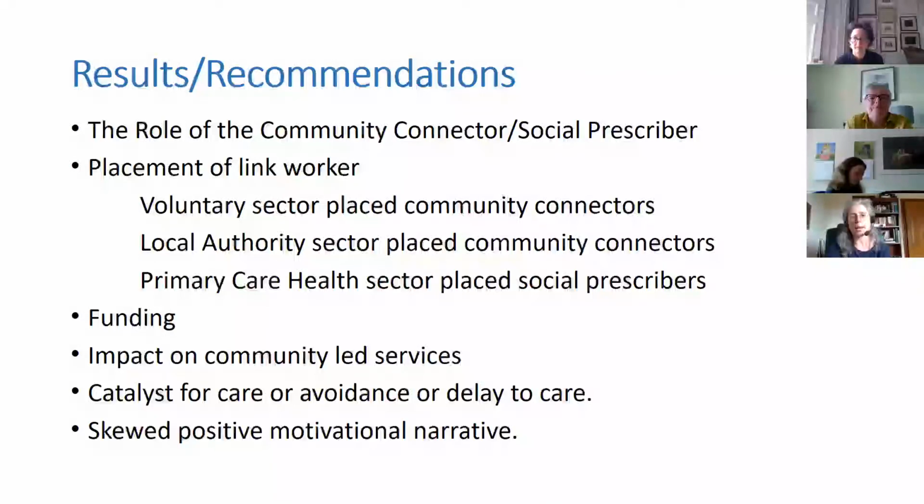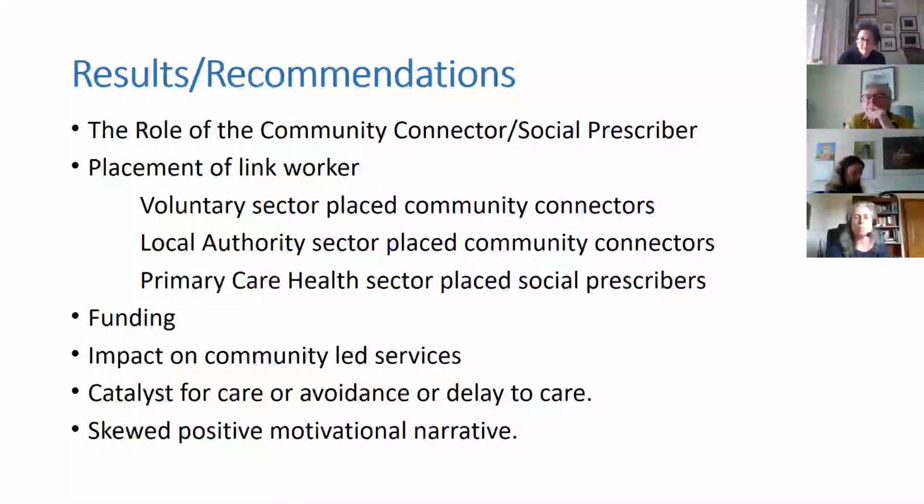Funding, well, for all the reasons, we found that short-term funding has its own complications. But what we did find, and the recommendation on the limitations of short-term funding and the pressures that social prescribing and connecting put on voluntary organisations, was they were expected to expand with the increased referrals, but without any financial resources in order to do that. So the learning from it is maybe to look at commissioning and procurement and look at easier ways of driving funding into services that statutory sector